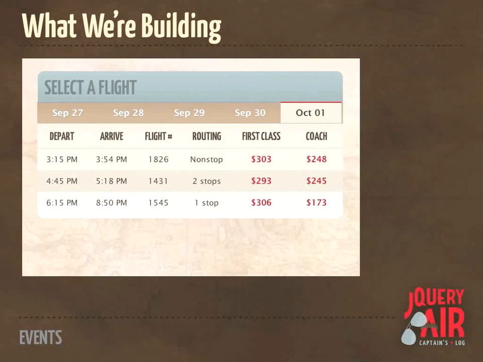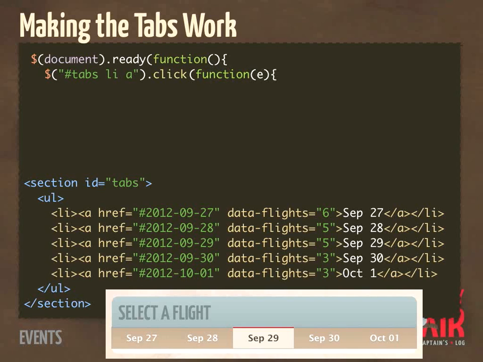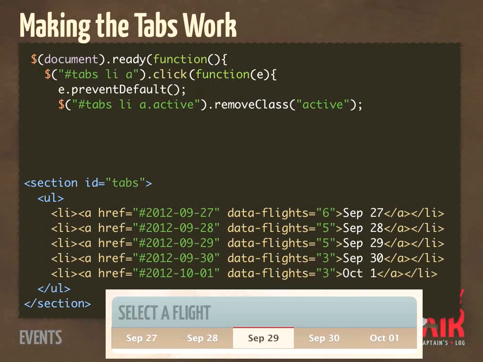So let's start building. So here's the HTML that we saw a second ago with all the dates that we have flights for. Let's write some jQuery. We want this to run only when the document object model is ready. We're going to say for each link, prevent default, so we don't want it to follow that link. Then let's remove the active class from the tab that's currently active, and let's add it to the